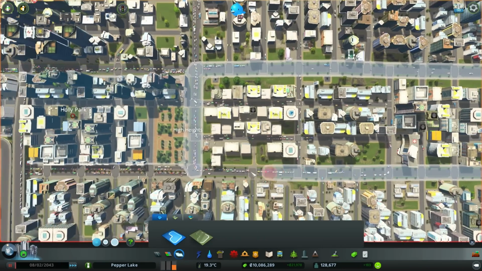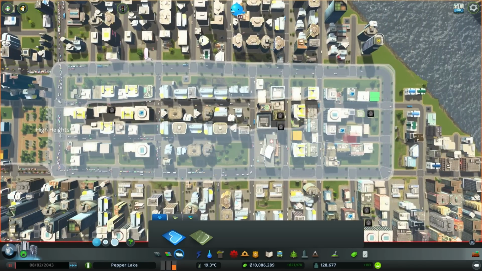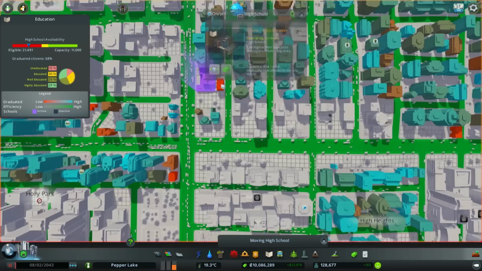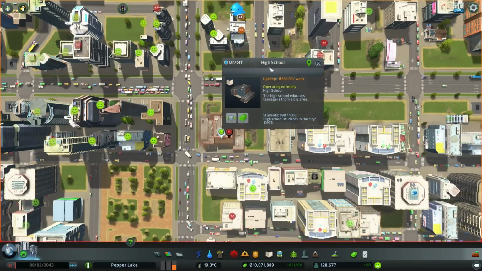But what I can do is if I set this as its own district, which is High Heights, which is an interesting name. Hold on a minute. Can I... Let me just move this high school into High Heights for a second. Because I want to rename this to... hold on. It's going to be High...